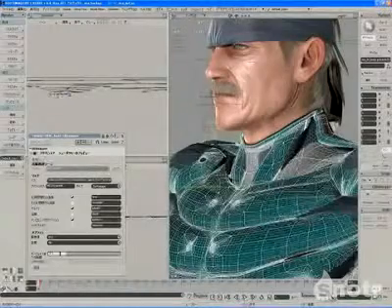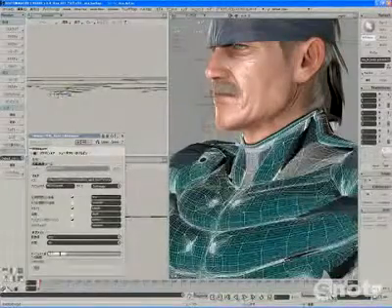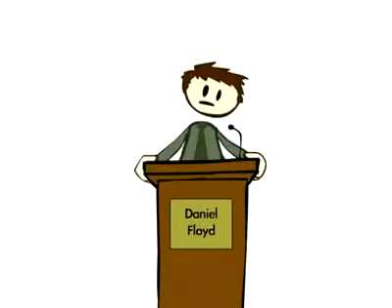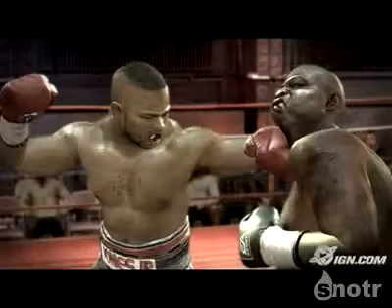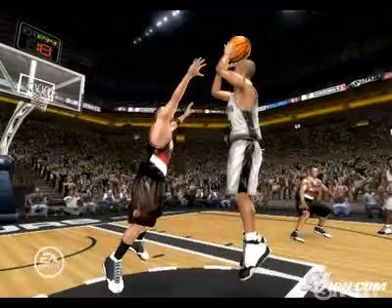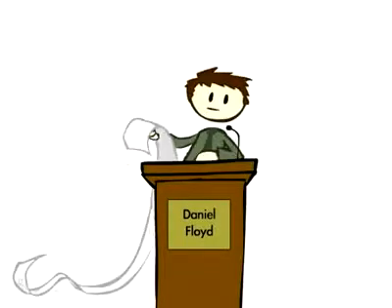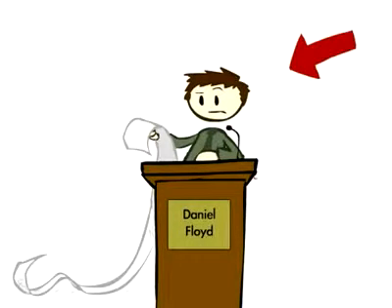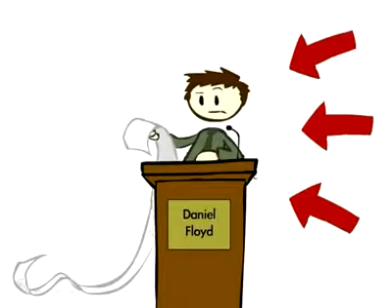And it's not just an issue of model detail or texture resolution either. Movement has a huge impact on photorealism. Think of all the times you've seen a beautiful screenshot from a game and thought, good God, this is going to be incredible. And then you see the game in motion and it all just falls apart. There are a host of other factors that can compromise the humanity of a character. Flat voice acting, subpar animation, lame acting performance,